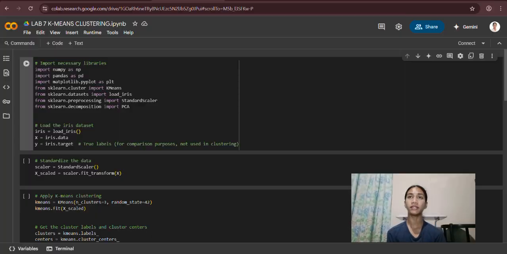This imports all the necessary Python libraries for data manipulation, numerical operations, plotting, and machine learning. NumPy is for numerical operations, Pandas for data handling, though not excessively used here, matplotlib.pyplot for creating visualizations, KMeans from sklearn.cluster for performing K-means clustering, load_iris from sklearn.datasets to get the dataset, StandardScaler from sklearn.preprocessing for data standardization, and PCA from